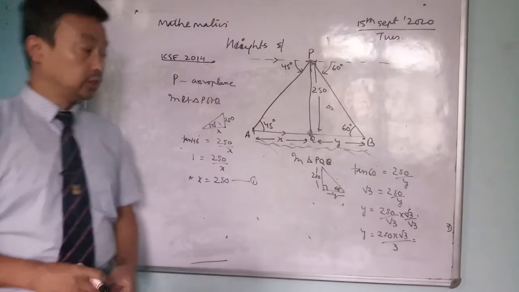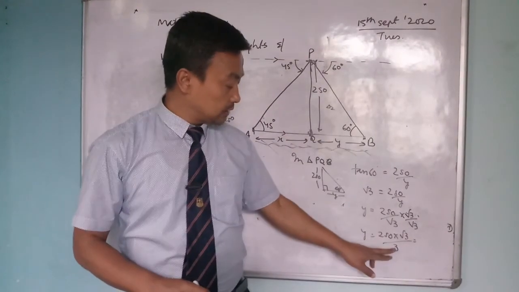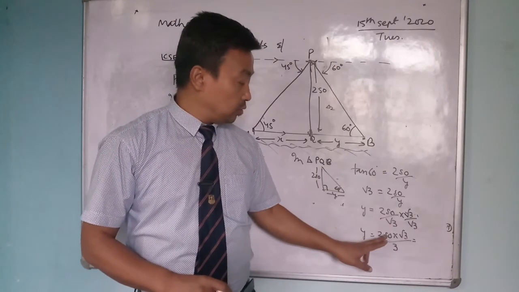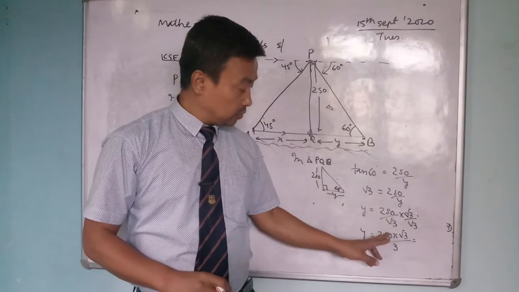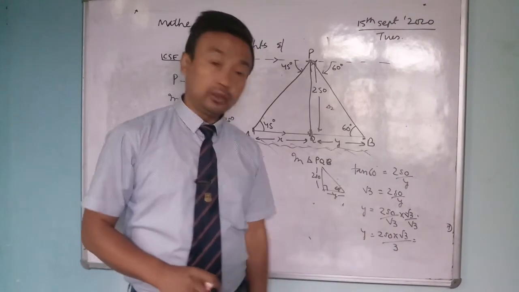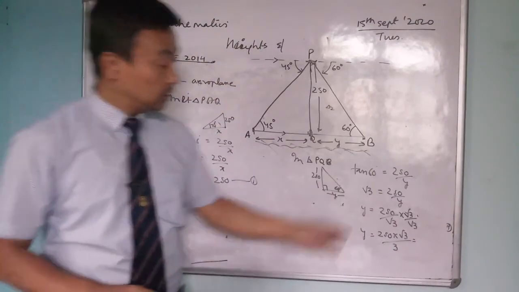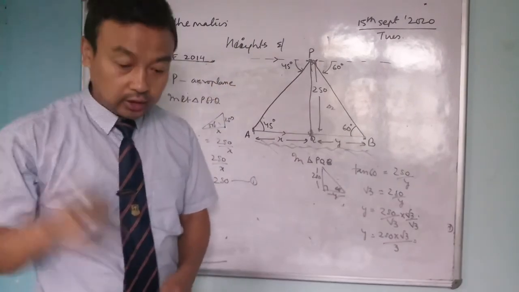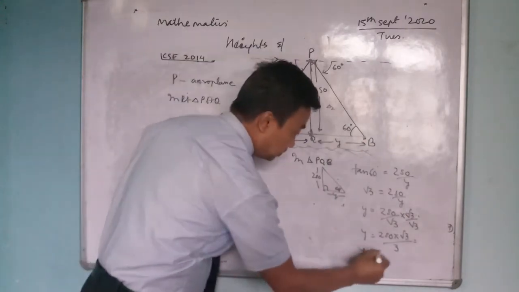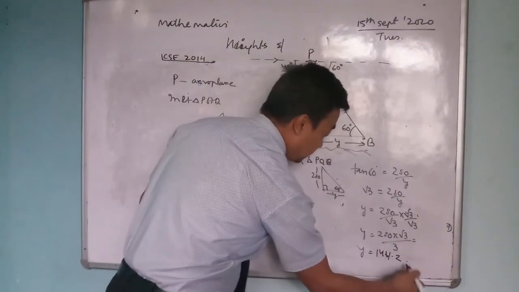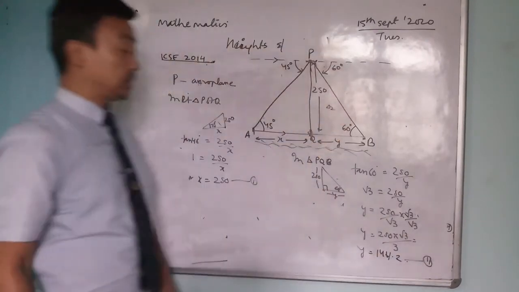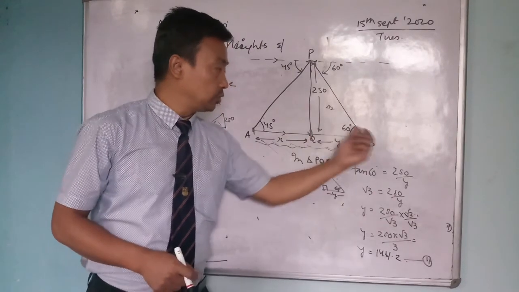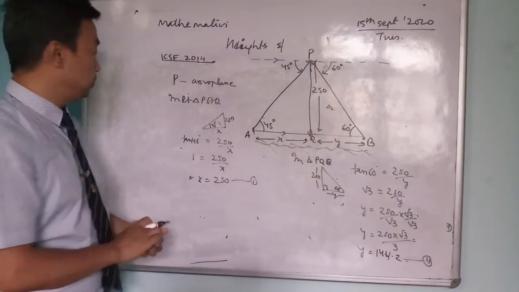Now after solving this, you have to put the value. This will not cancel, it will come to about 83 point something, into 1.733 you multiply. After putting all the values you will get somewhat 144 something, 144.2. I am not doing it, I am just trying to find out roughly. You have to do it yourself. So the distance between this is 144 and the distance from here to here is 250. Therefore,